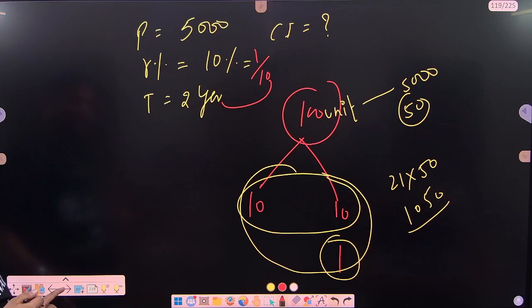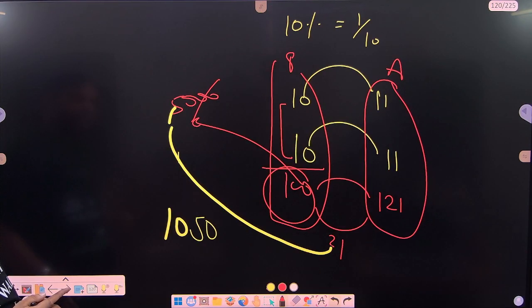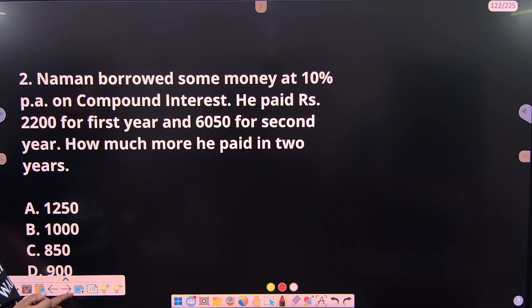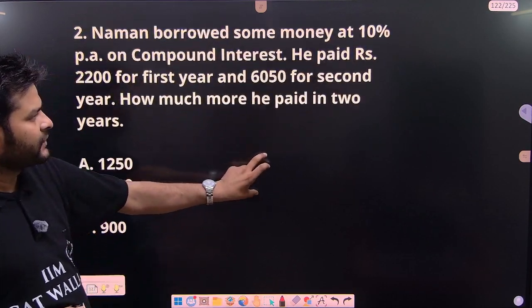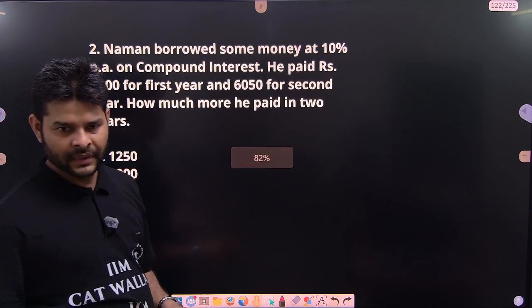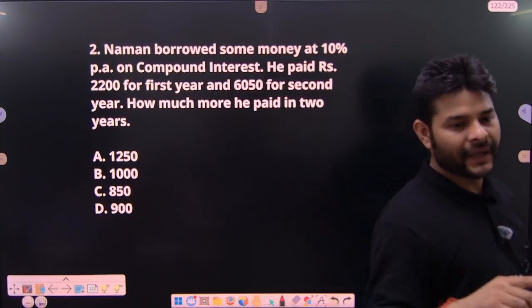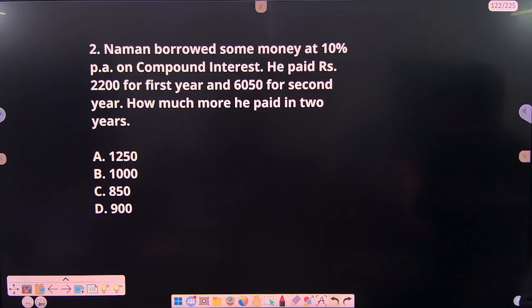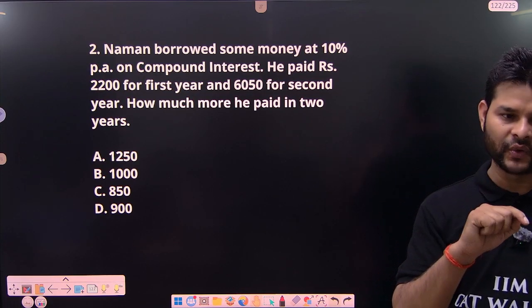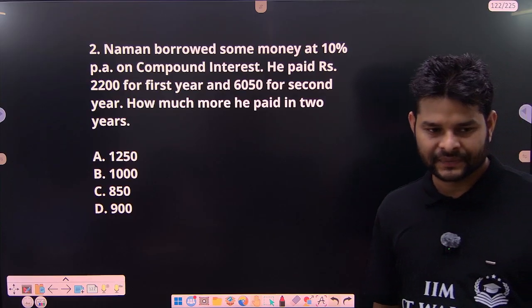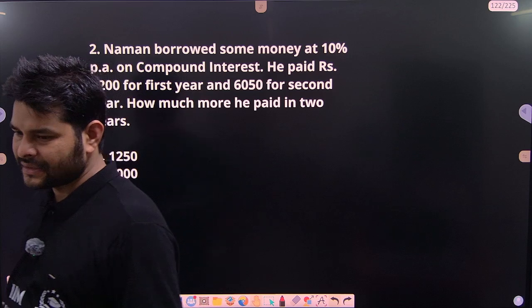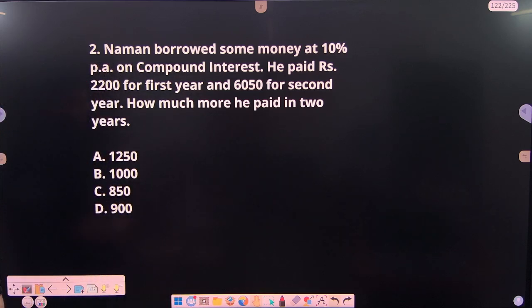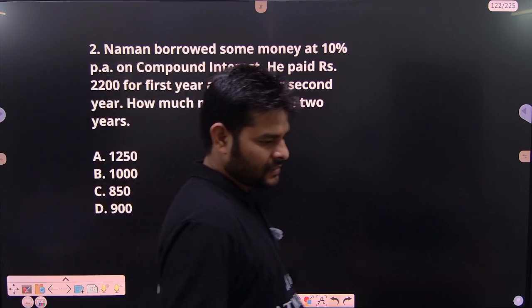Let's do one more question. Guys, do this question by yourself. Take your time. Which formula are you going to apply? Which method? Successive. In successive, if we have 2 years, multiply for 2 years, 3 years, multiply for 3 years. Plug in that formula and get the answer. Very nice. The rest of the students will discuss.